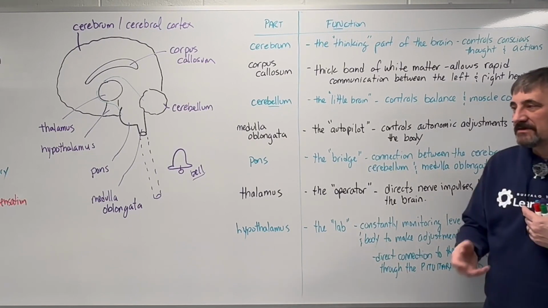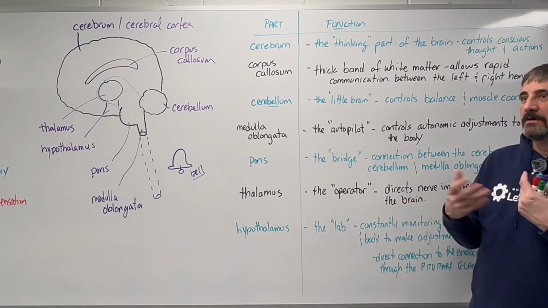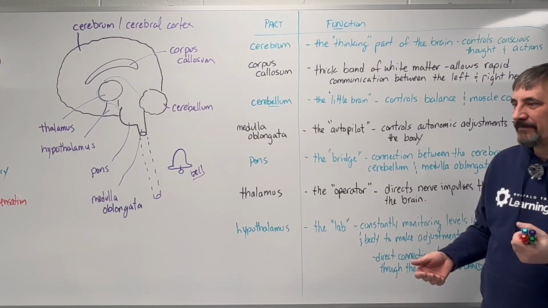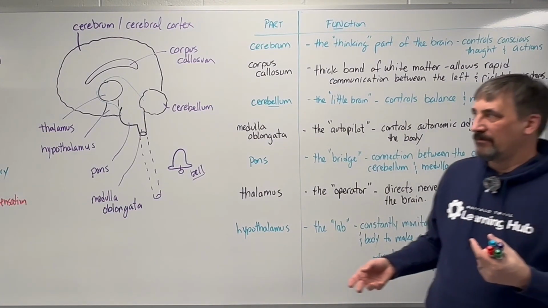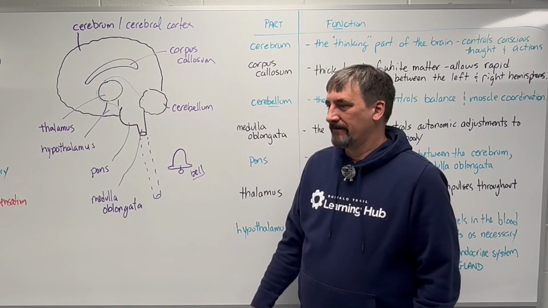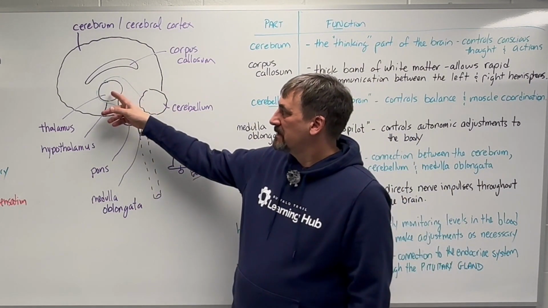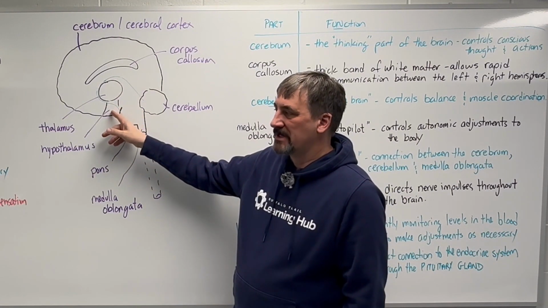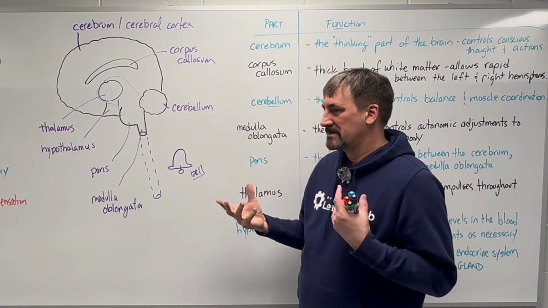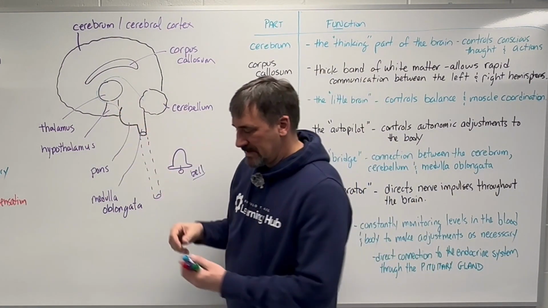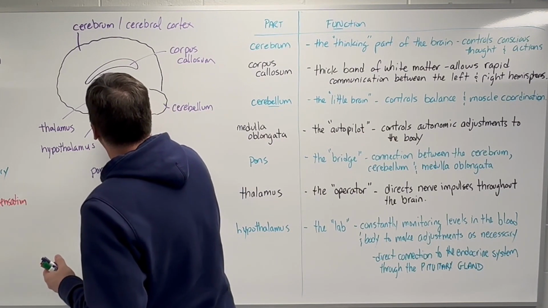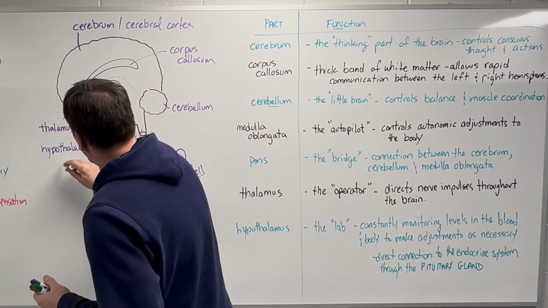For example, it's looking at the blood all the time. If it notices your carbon dioxide level is too high, it's going to say, we need to make some adjustments, and tell the medulla to increase the breathing rate. In other cases, it monitors and makes adjustments on its own. So it helps maintain homeostasis in the body. Sometimes it does that by telling its little partner who hangs underneath, the pituitary gland,